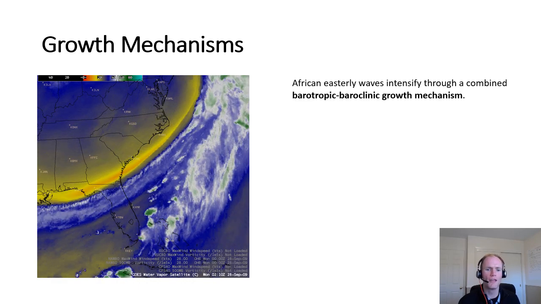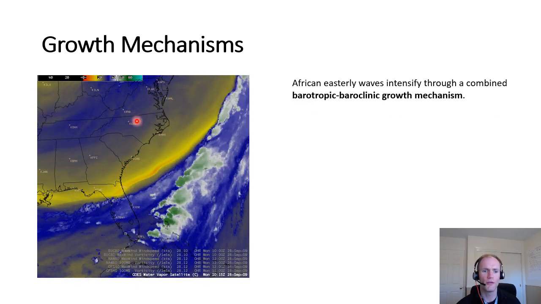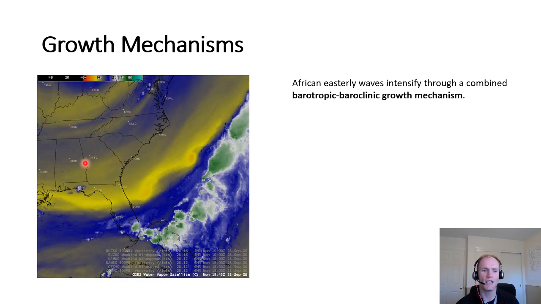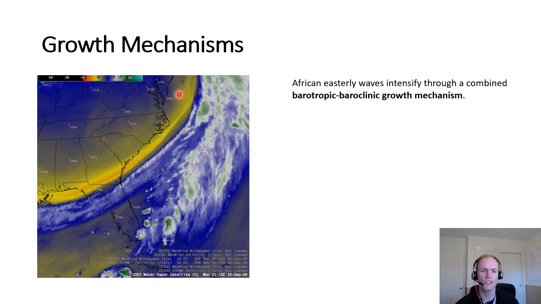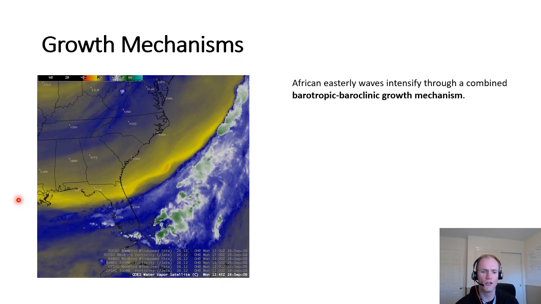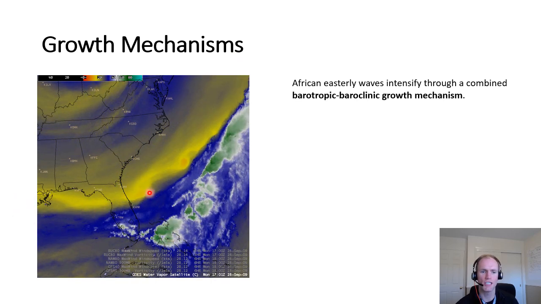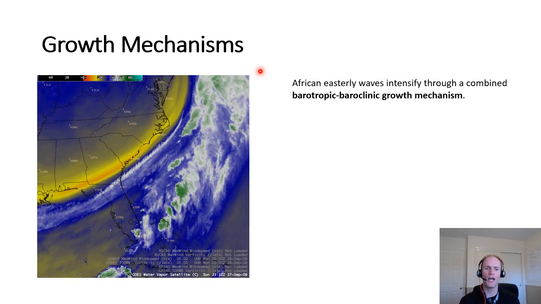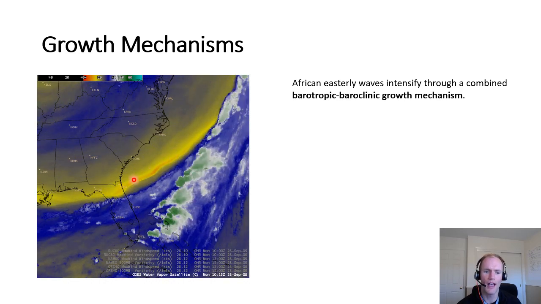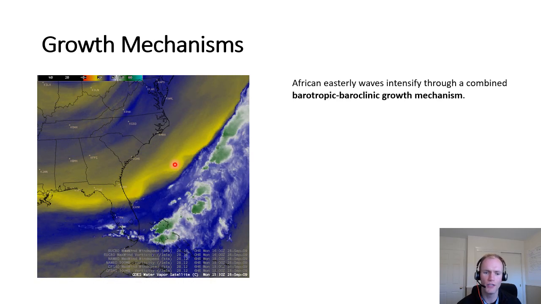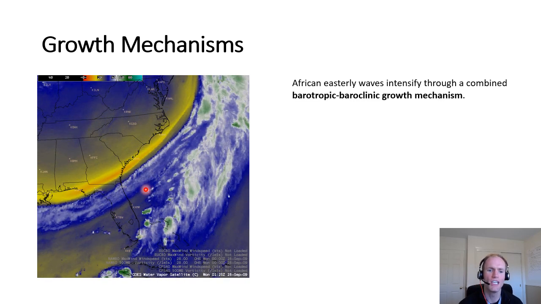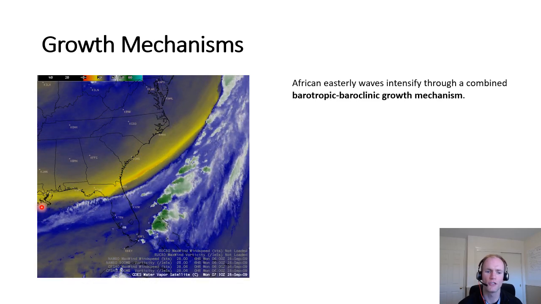framework here. So what we have depicted here from our friends over at UW-Madison, their satellite group, is a water vapor satellite loop from a case back in 2009 where there's a deep trough along the east coast of the United States across eastern North America. And we can infer the presence of a jet streak along this corridor of yellows and oranges here, which is relatively dry air in the base of the trough here. Note how this looks like a strip of yellow and orange initially, but late in this loop we see a couple of coherent circular blobs in the form of vortices that have formed along this particular strip in the base